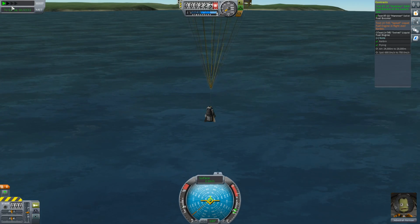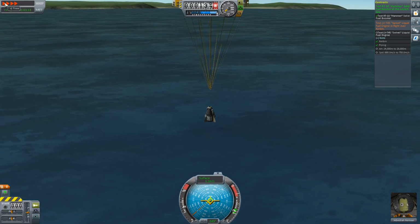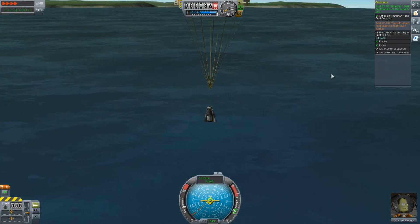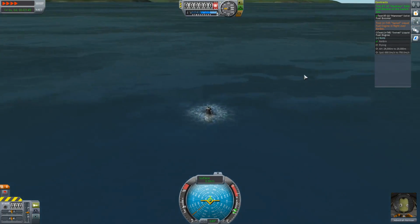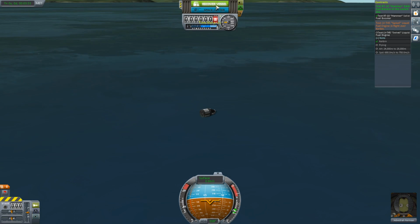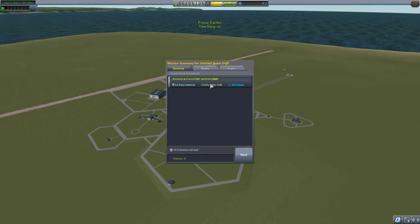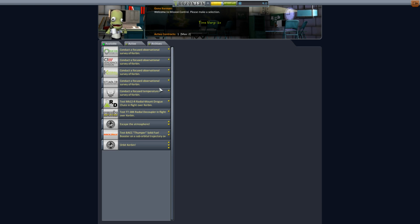All right, so now we did get the test on the solid fuel booster. We just didn't, like I said, go nearly high enough. Oops. We can recover that. I guess I could have done the science, even though I don't think we would have gotten